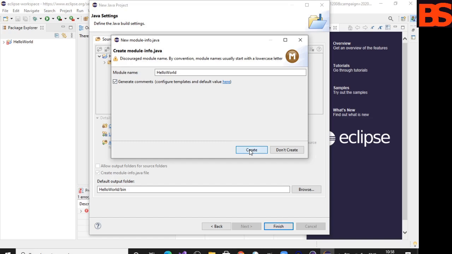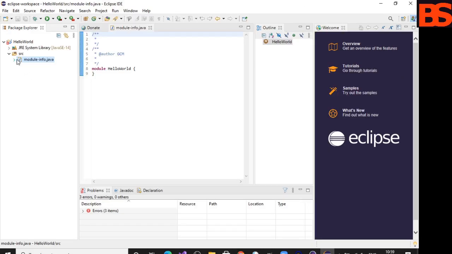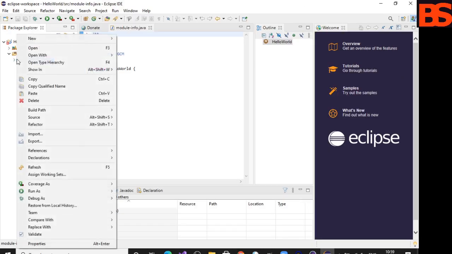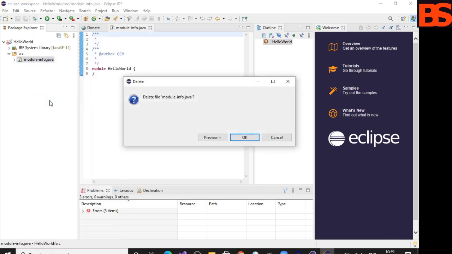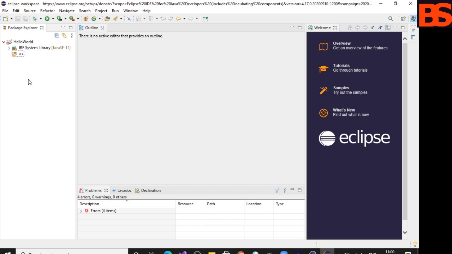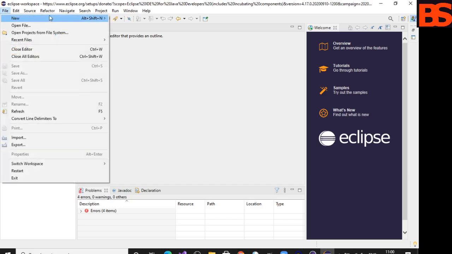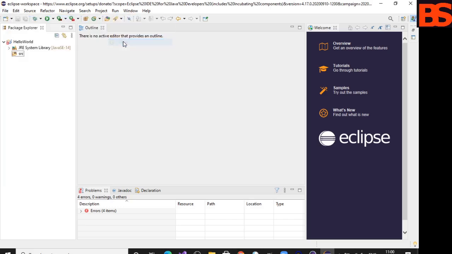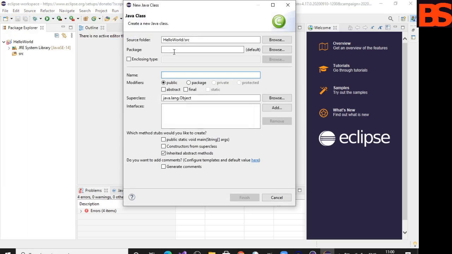Now I'm going to create a simple program, that's why I want to remove this module. So in the src folder, I'm going to add a simple Java class. Name of the class: hello.java.